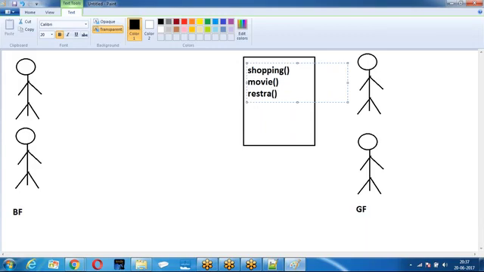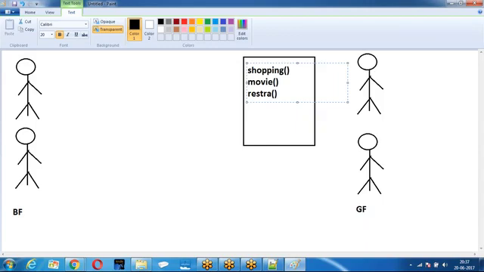If you have a brand called boyfriend, then you are supposed to have the following services. How you provide these services is your choice. You may go for PVR, you may go for some in-orbit mall, you may go with some XYZ. Where you go, how you provide is your choice. You may give credit card and ask them to go for a shopping. You may give cash and ask them to go for a shopping. Or you may go along with them and you get the shopping. Now, how you provide is not important. But it is mandatory that you have to provide this service.